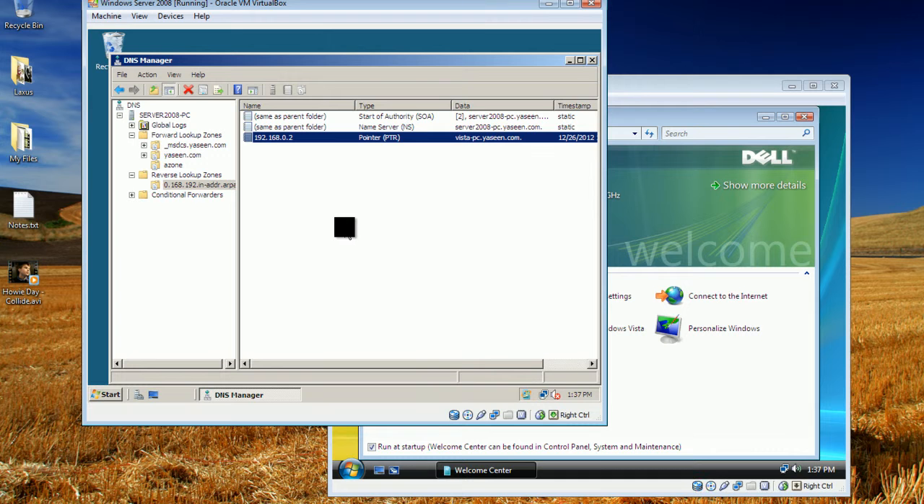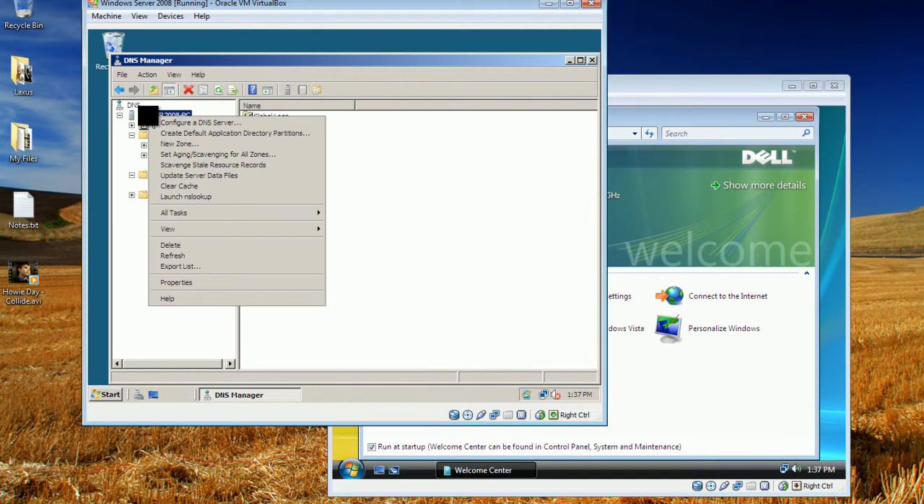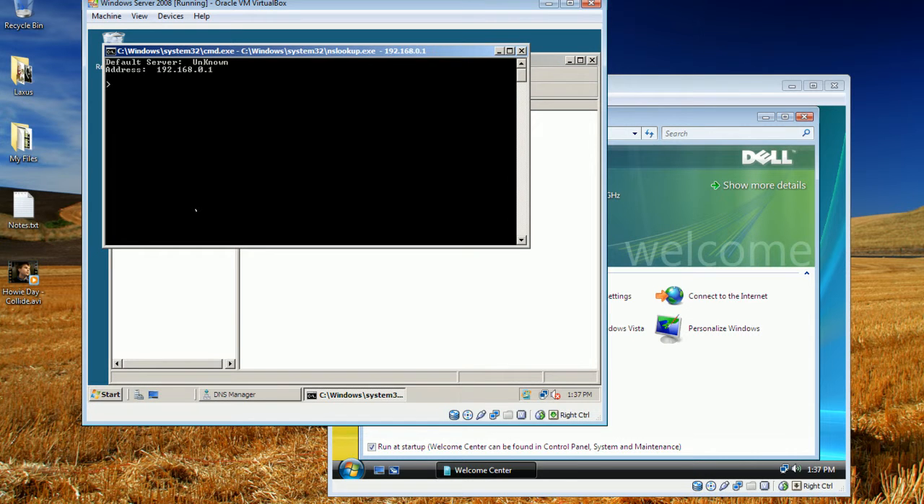Now for our forward lookup zones, what you need to do is go here under the server, right click, and here you should see launch nslookup. Click on that. You'll have to enter the IP of the client, so our client is 192.168.0.2. Apparently there's an error here, unknown. You'll just need to restart the server to fix this error, but everything else works as you can see, and